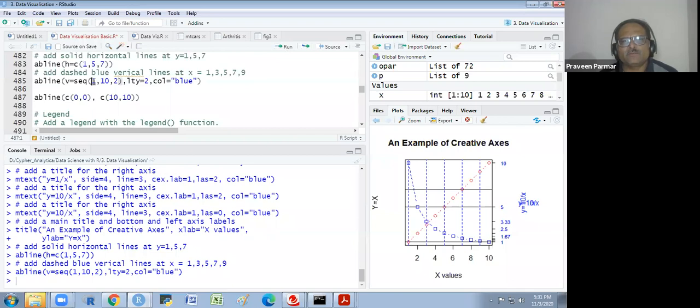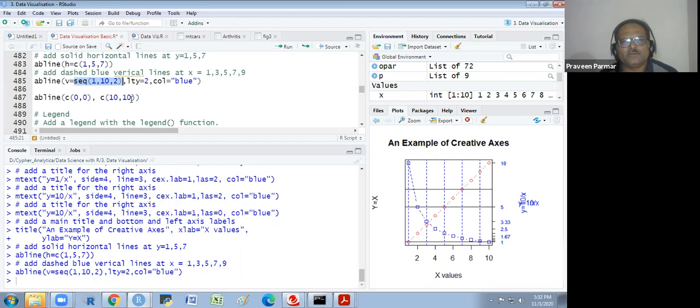And this is a sequence 1 to 10 with a common difference of two: 1, 3, 5, 7, 9. It is a sequence, an arithmetic progression, the seq function I have used. I explained it to you in R1.